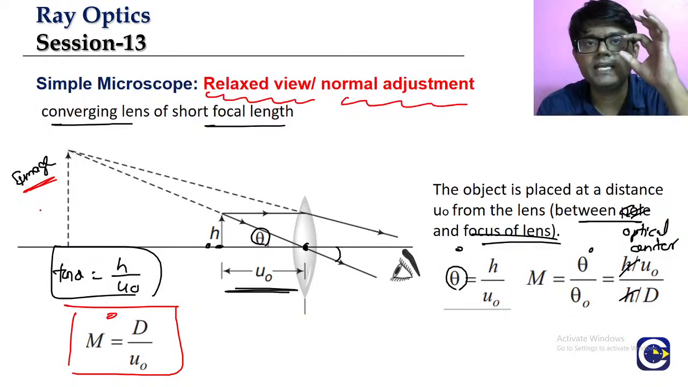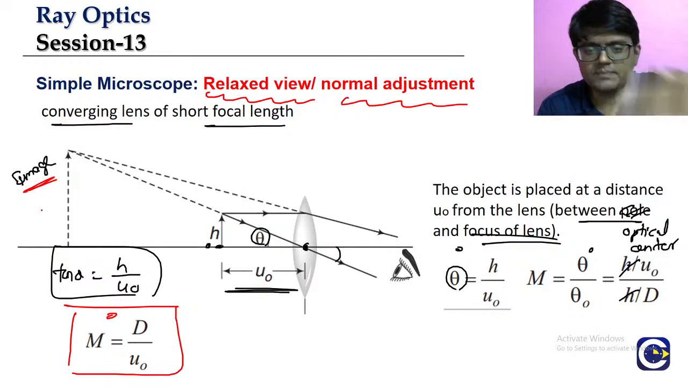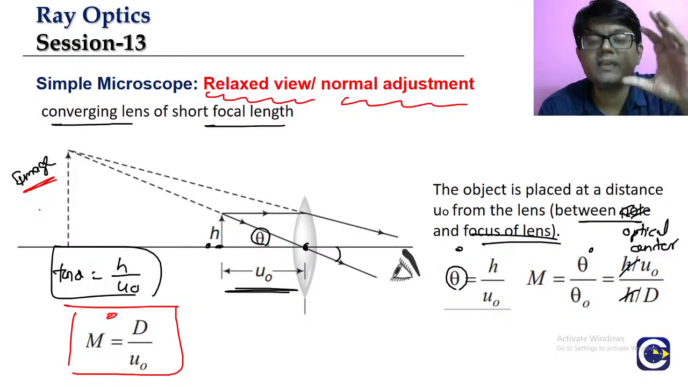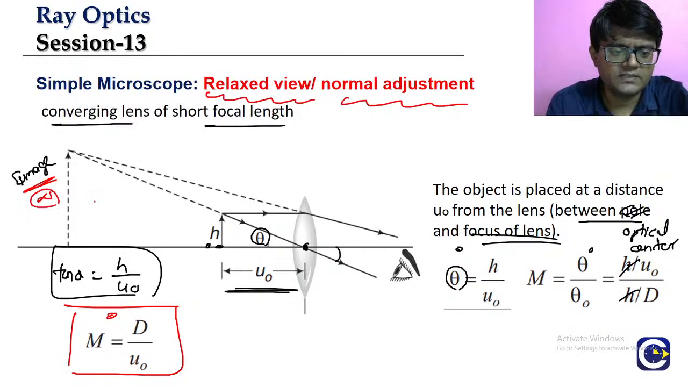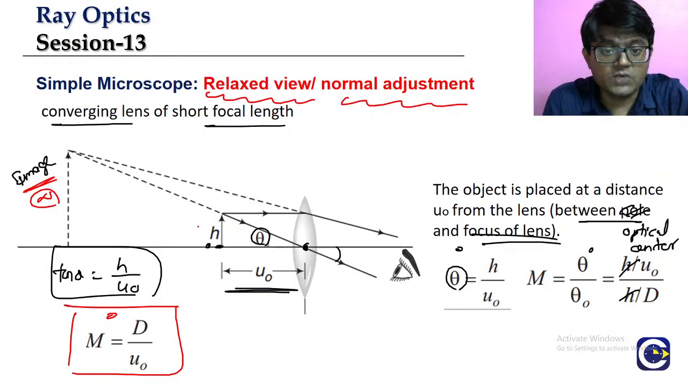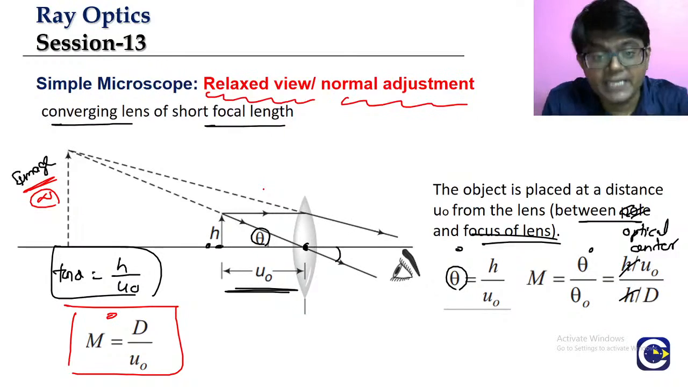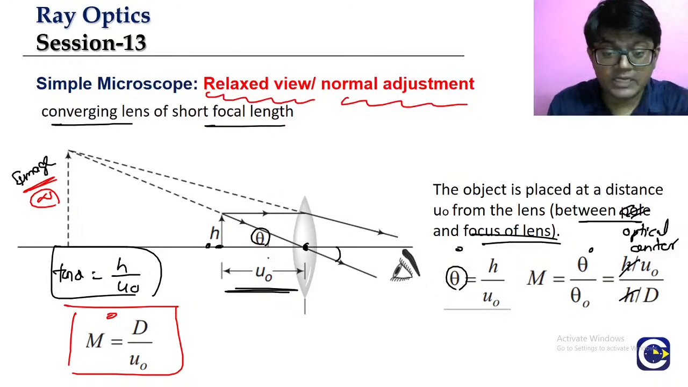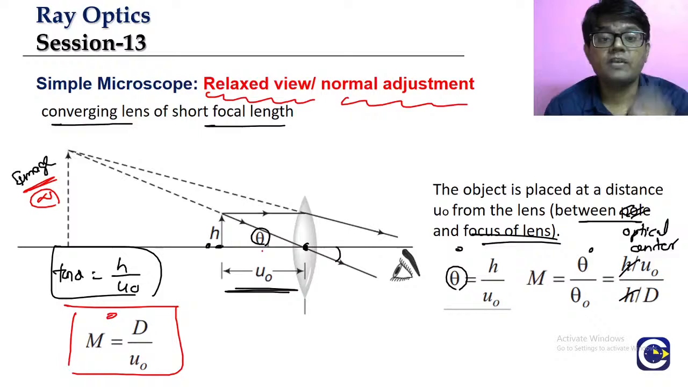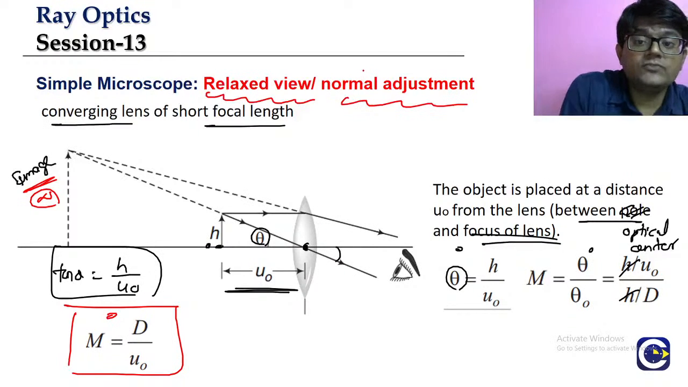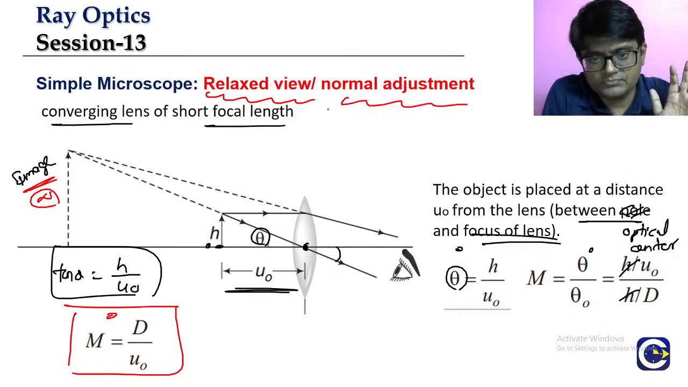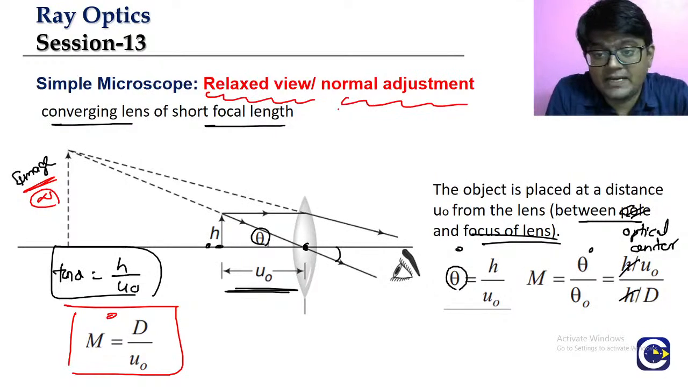We can see anything without straining our eyes because the closer it comes, we'll have to strain our eyes to see. When the image is formed at very, very far distance, that's what we call infinity. So when the final image is formed at infinity, that particular arrangement is what we'll be referring to as the relaxed view or the normal adjustment. And for that to happen,